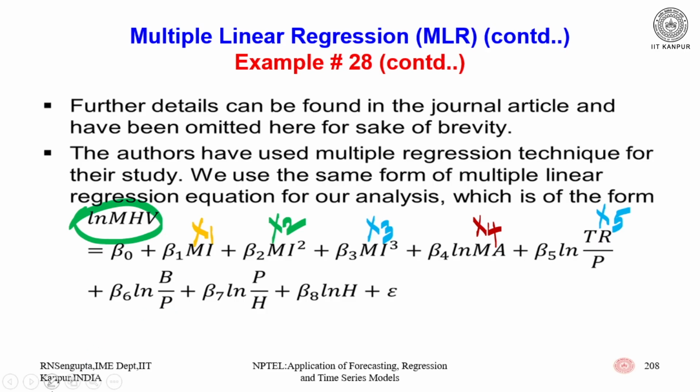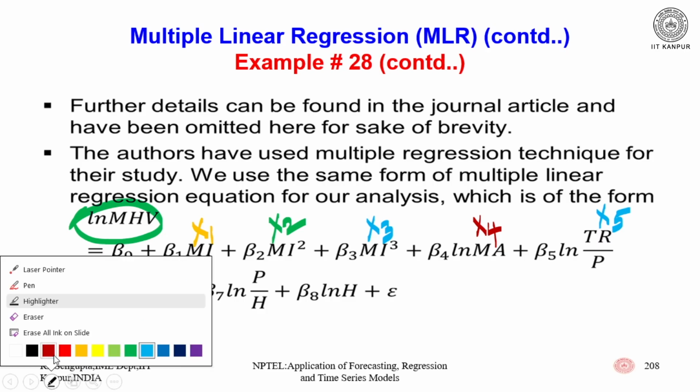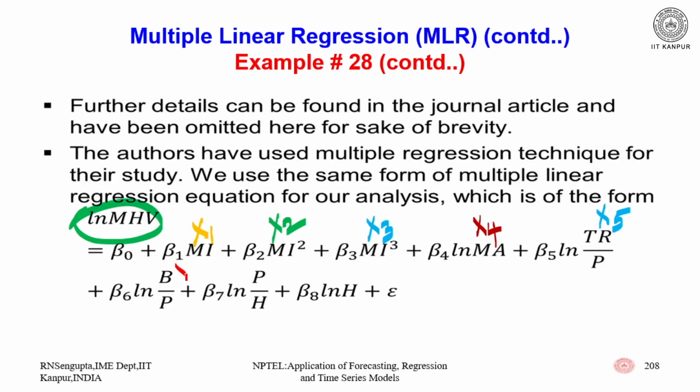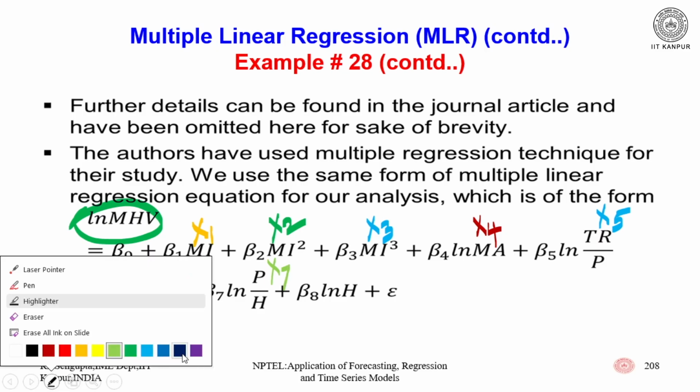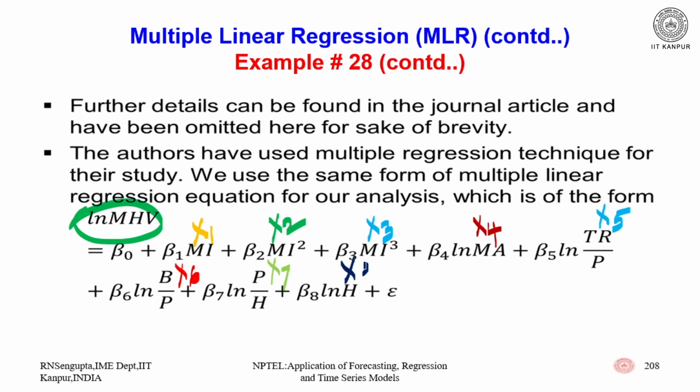Then bedrooms by population is given as x6 and ln of population by household is given by x7, and the last one, ln of h, household, is given as x8. So, technically you have x1, x2, x3, x4, x5, x6, x7, x8 and the corresponding random